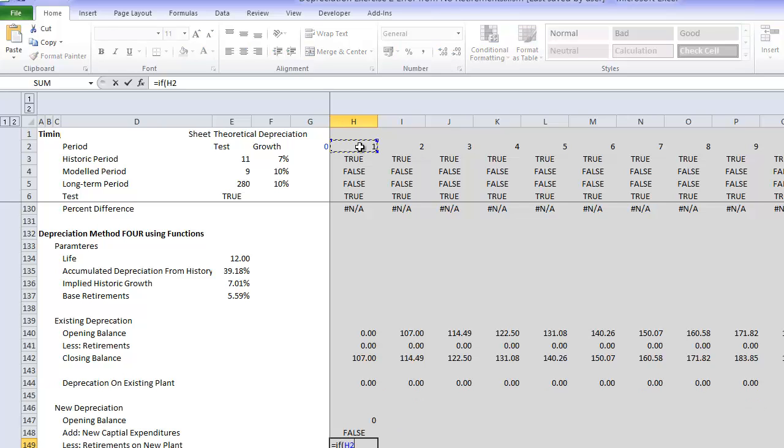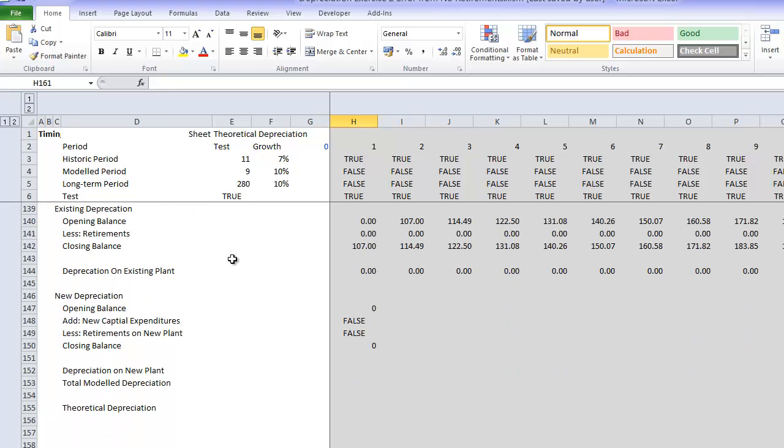If the year is greater than or equal to our life, then we have an offset, and we go up to our capital expenditures, keep them on the same row, and put a minus on this one, and then our closing balance is our opening balance plus the capex minus the